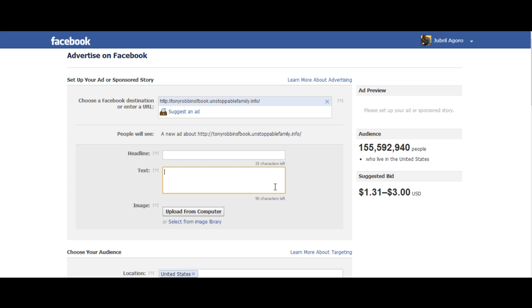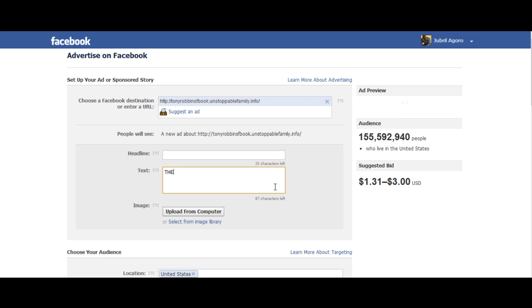And then with the text, you want to write descriptive text that actually describes your website, because sometimes Facebook will miss it. Also, grammatically, you want to write sentences. You can't write something like this, the blue moon, so that it stands out more.